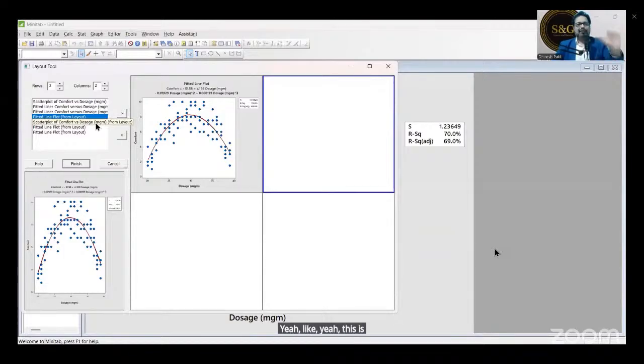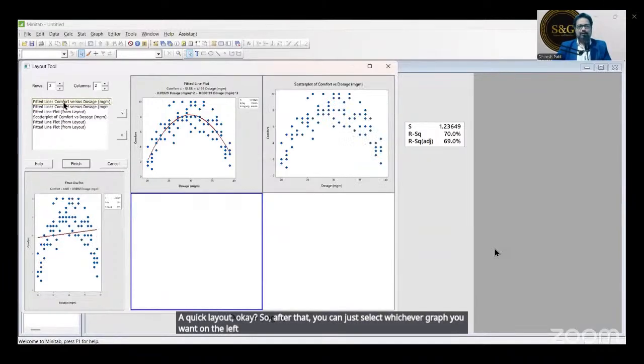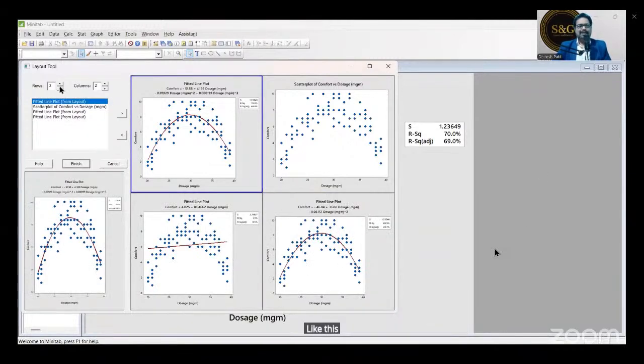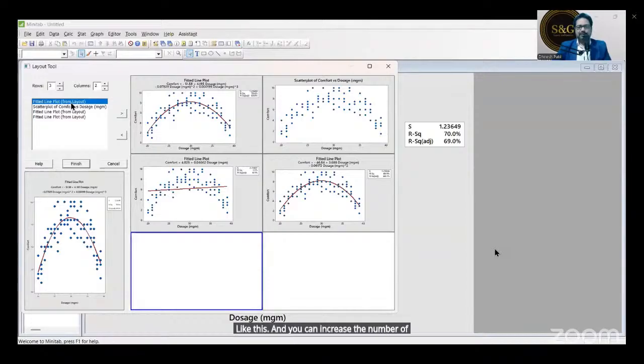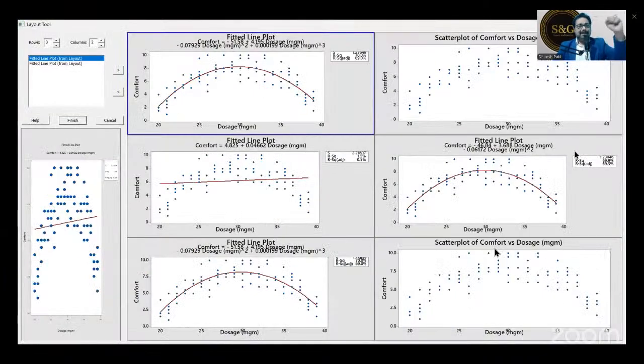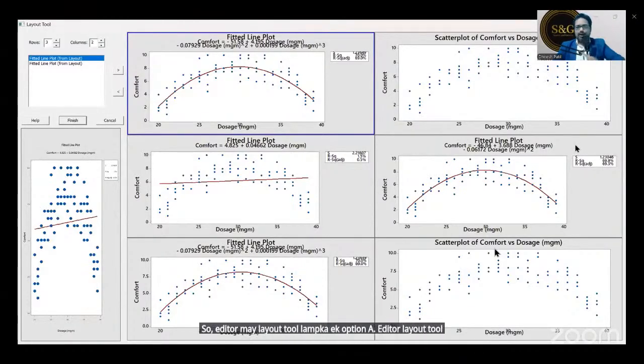This is actually a kind of dashboard, a quick layout. After that, you can just select whichever graph you want on the left hand side. Double click on that. It will get selected automatically like this. And you can increase the number of graphs as well. So in the Editor there is an option called layout tool. Editor, layout tool. Then you can play around with this.